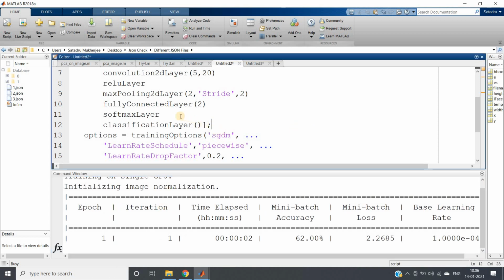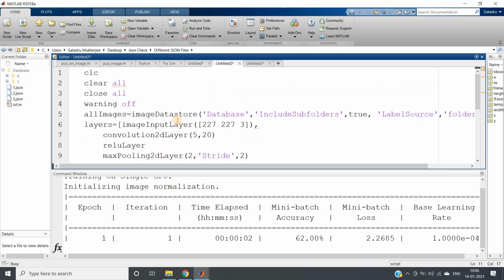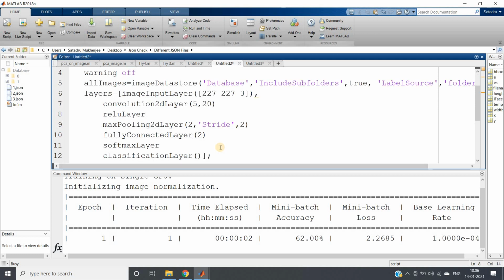And remember this thing, the fully connected layer. Why are we passing 2? The reason is very simple, because here we want to classify whether the image is 0 or 1, only two classes, so 2 we are defining. All this CNN fundamental coding part must be clear, otherwise we will find this particular part a little bit difficult.